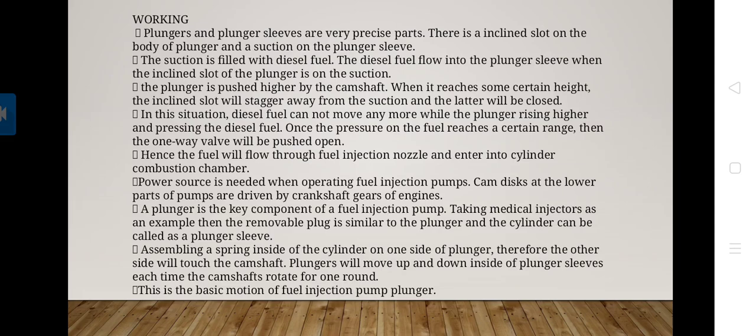In the inline pump, mechanical governors are used, which are mechanical systems. These basically alter the injected fuel quantity of the pump so that the engine speed can be maintained. The mechanical governor senses the engine speed through the use of flyweights.